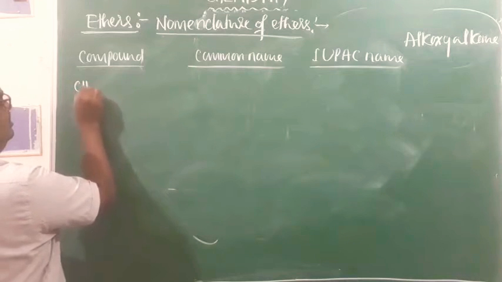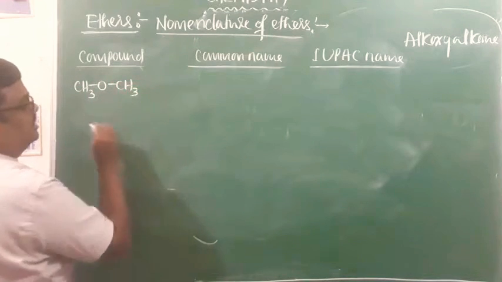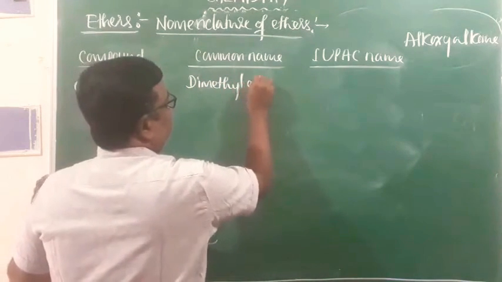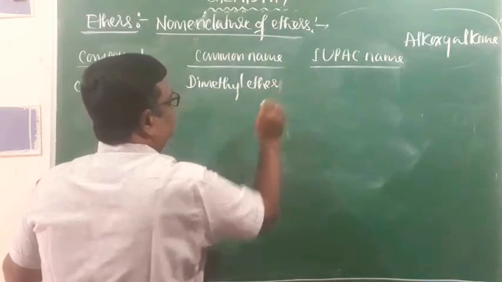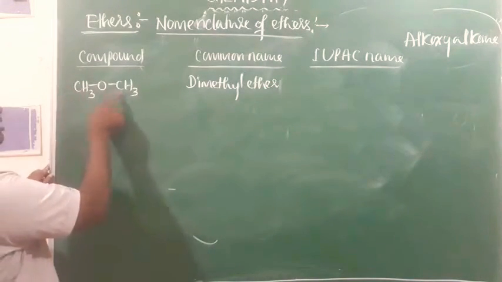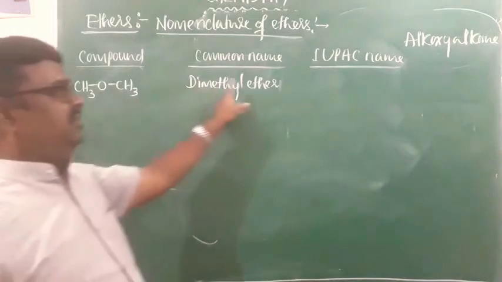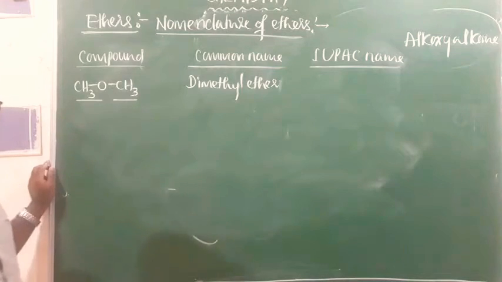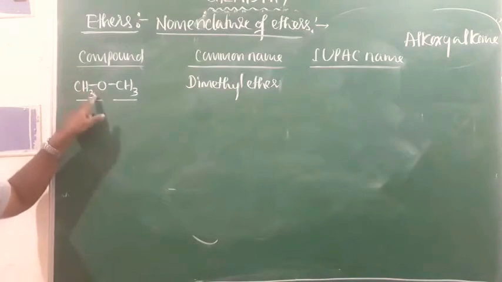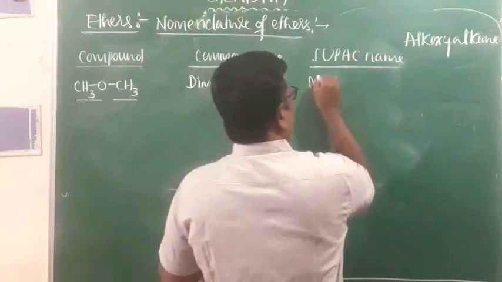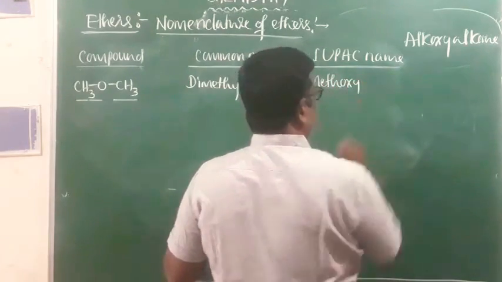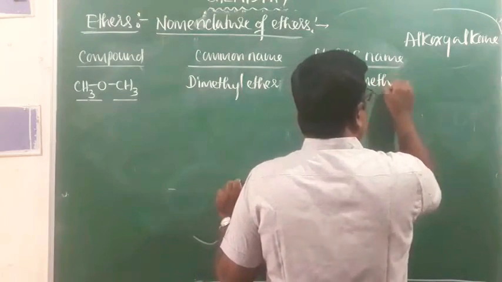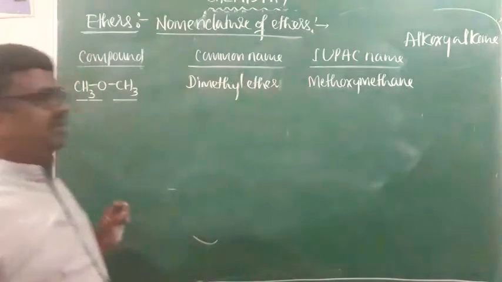It is CH3OCH3. It is dimethyl ether, because in common names we name them as ethers. Dimethyl ether, because two methyl groups are attached to the ether linkage. Here one is alkoxy, another is alkane. One carbon atom in the alkoxy group, that is methoxy, and in the parent carbon chain